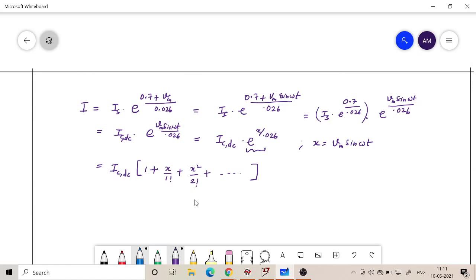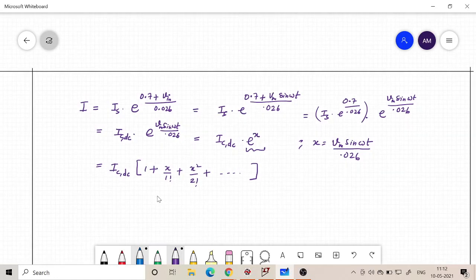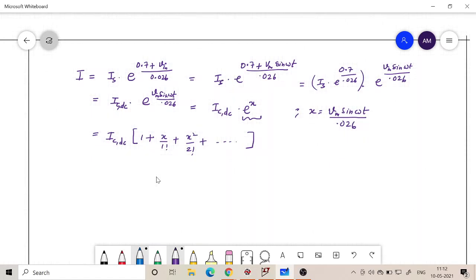Including 0.026, let me call it as x. Okay, so that will be better. So this is x, x is having 0.026. This is my expansion of the exponential e raised to x. I called this quantity as x, and then I just gave the expansion of the exponential function. I hope everyone is aware of this expansion. And then, under certain circumstances we can neglect the higher order terms.